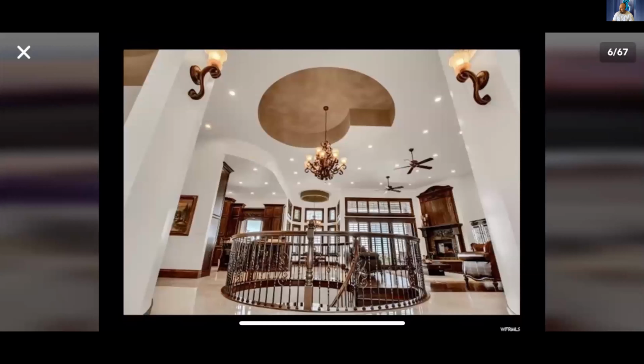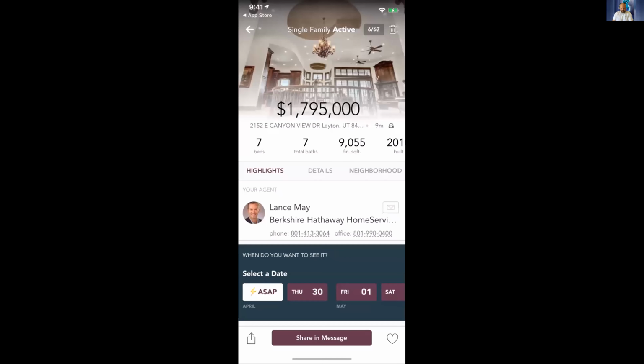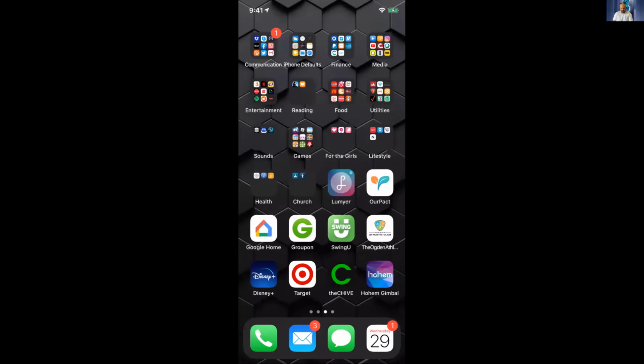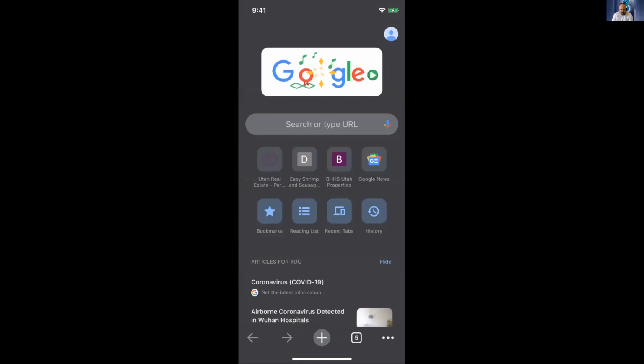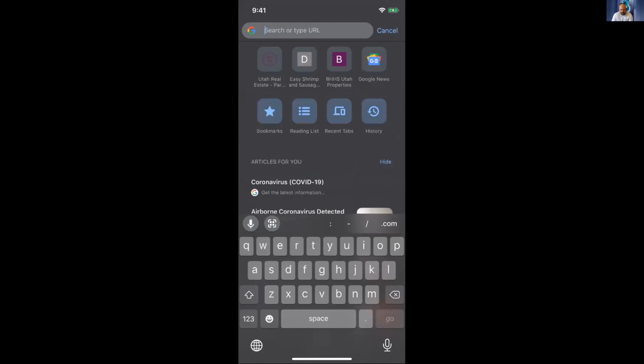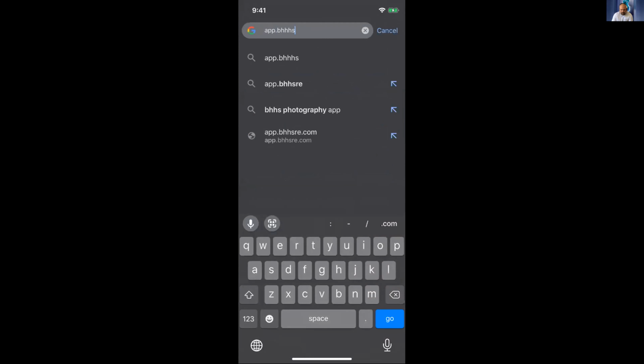Any other questions? Excellent. Oh, Jeff. Okay, so Jeff says he can't find the app in Google Play. If all else fails, it's a good thing my phone is connected here. If all else fails, you can actually just search on your phone, or you can send this to clients however you want. If you put in the address app.bhhs, well, not 3 H's,